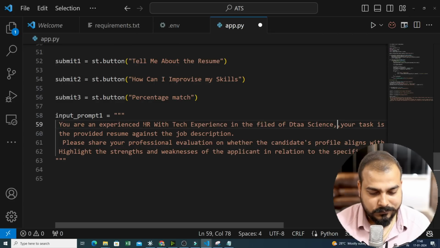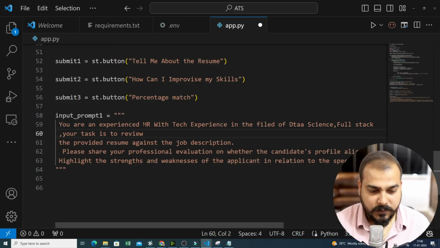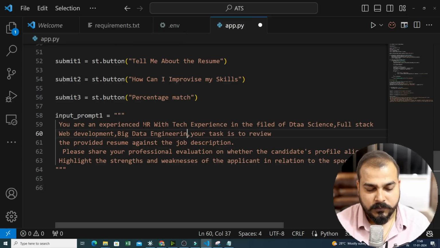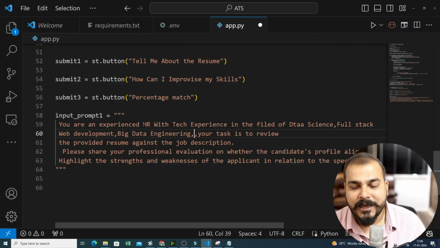I'm going to also give some full stack web development, big data engineering. I'm going to give only some roles, okay, not every role, so that this looks more authentic,